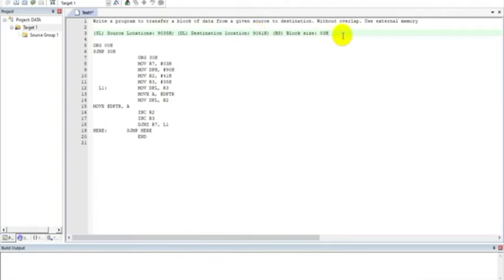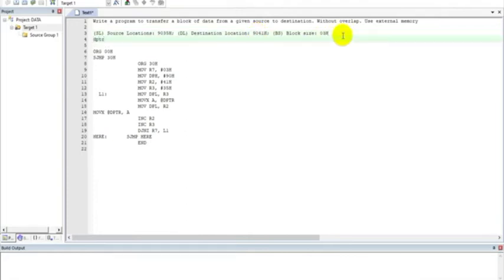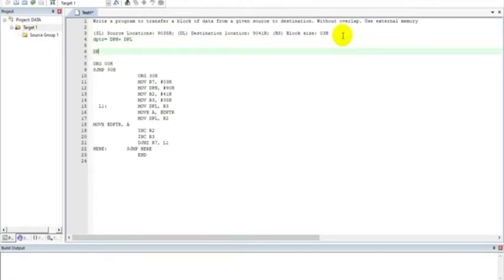So what can be done? I can go for DPTR, which you can split into DPH and DPL. So from the assumptions I have made, I can directly load DPH is equal to 90H. This is the simplest way.